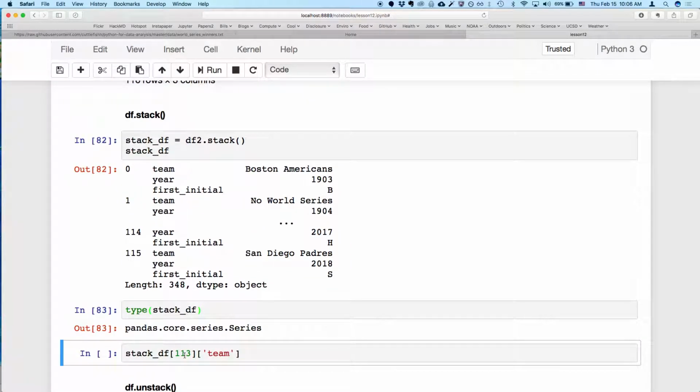A multi-index series where we have the index and the team and the year. It will sort of create a so if we say